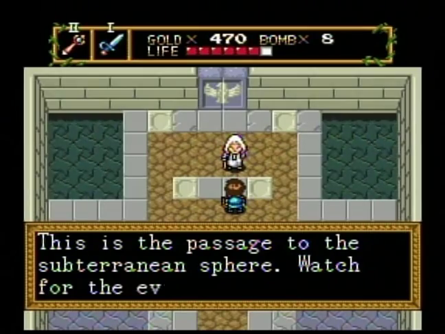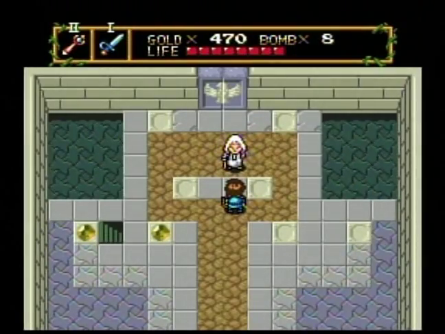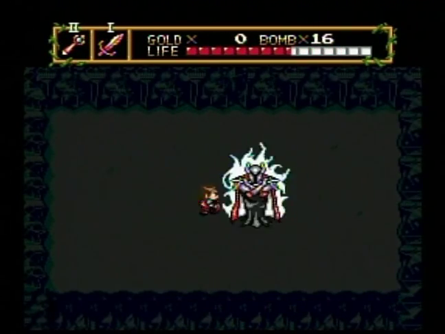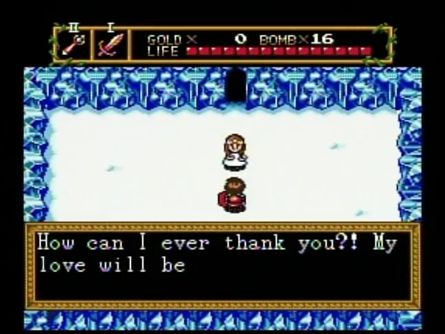After collecting 2 medallions, a passage opens to another world. And after collecting all 8, you chase Dearth to the north and rescue the princess, who rewards you with The